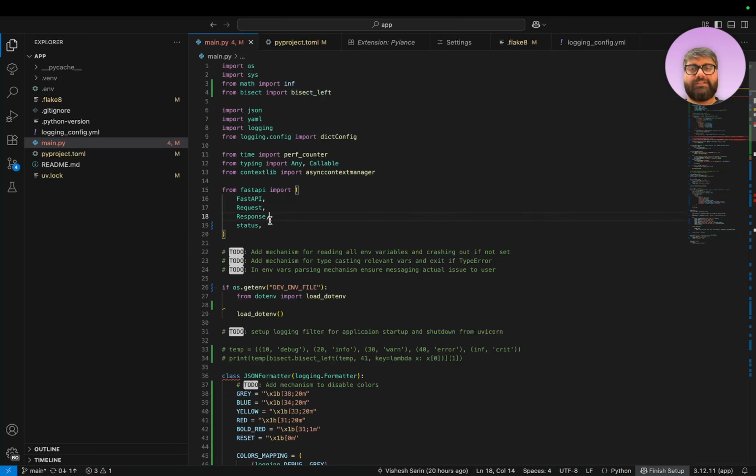This has changed for a weird reason, so I'll tell you why this line has changed. Basically in Black, and I hope it's the same in Ruff, sorry, not Rust, the trailing comma essentially tells the formatter, Black in this instance, that hey, I don't want you to collapse this into a single line. So what that means is, from FastAPI import FastAPI, Request, Response, status, that technically fits within the formatter